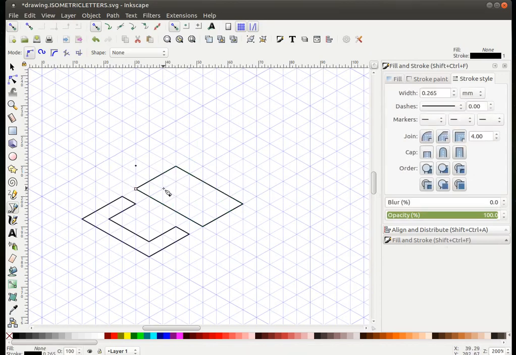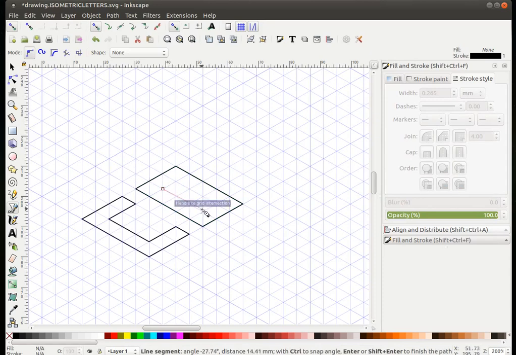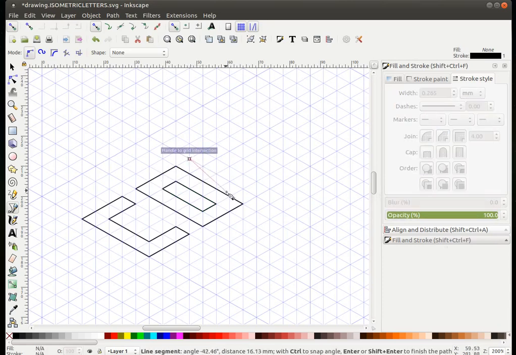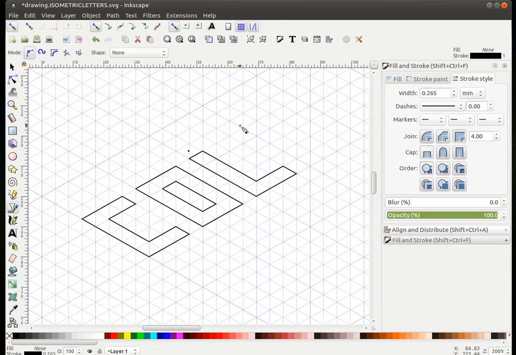Then draw the inner part of the O. This is quite easy, self-explanatory, so I don't need to explain a lot. And we'll draw the L. As you can see, I'm following a specific grid. I'm not just going in here. That's the purpose of why I told you to enable the gridding. That's the L. And finally, let's finish with an O.